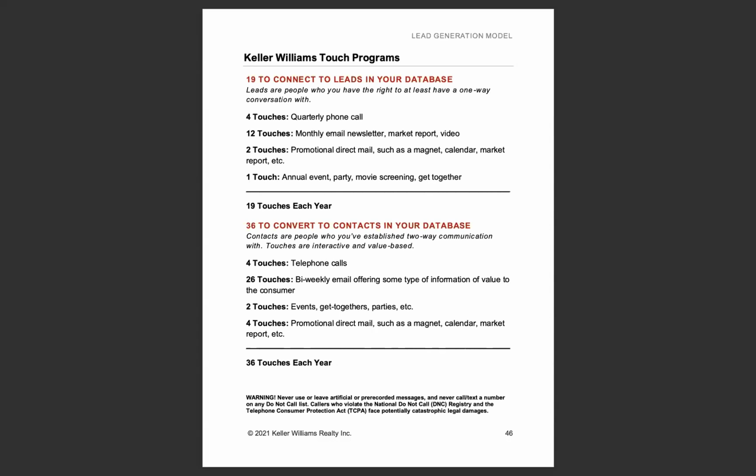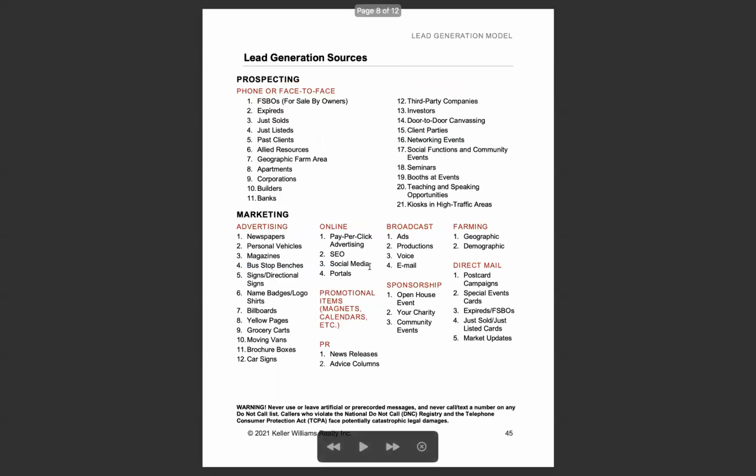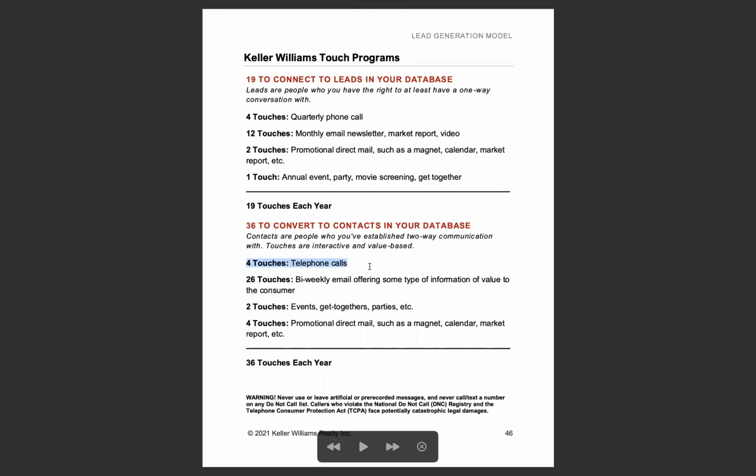The basic principle says that if you have 100 people in your database, and I contact each of those individuals 36 times a year, we can get some serious business from it. This is what the 36 touches look like. 4 of those touches are telephone calls. That's 1 phone call to each person in your database every 3 months. 26 touches